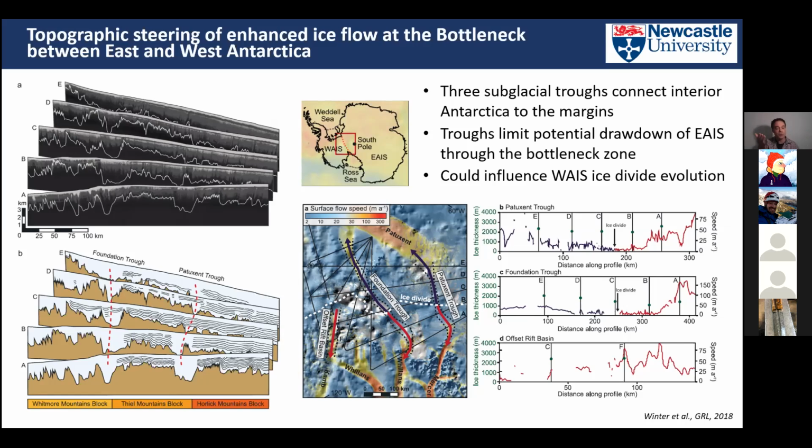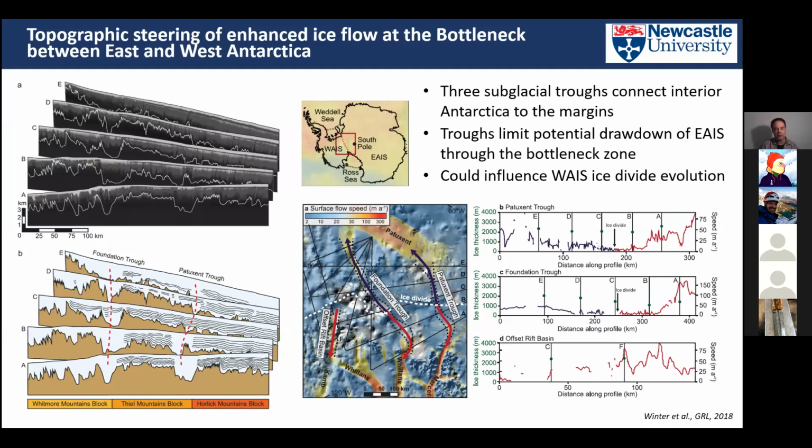And what was interesting, looking at the polar gap data, was that it was clear to us there were a series of major troughs, two of which cut right through the subglacial mountain range between the Weddell and the Ross Sea sectors. The Foundation Trough and the Patuxent Trough are annotated there. We also tried to look for a link through of the offset rift basin,